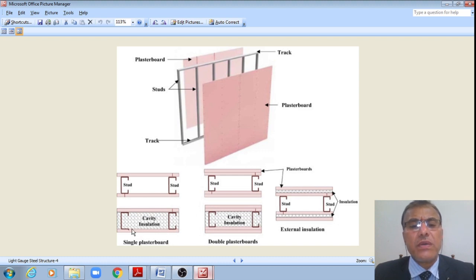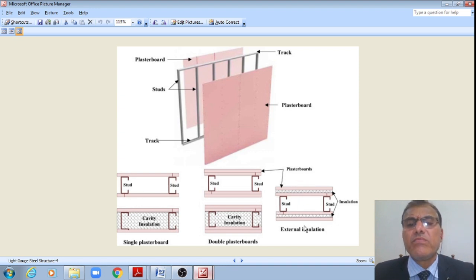Right, this is what the single plasterboard only on one side. Right, whereas on either side with a single plasterboard only. Right, whereas we do have here two plasterboards. Right, this is what is called double plasterboard, double plasterboard attached to each of the studs. Right, and the gap between these two, the cavity, may be used for insulation purpose, or for other purpose also, maybe for electric wiring purpose or others, etc. Right, or for acoustic purpose.